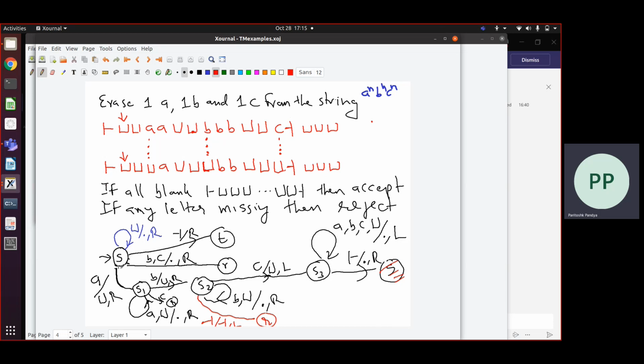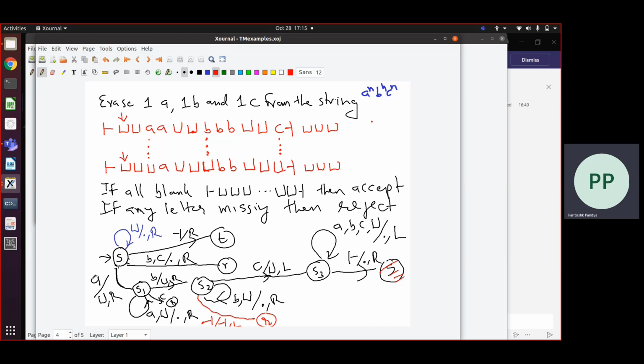So my Turing machine is like this. I will be in state S, and if I skip over all the blanks moving to the right, and my string only consists of blanks, which means I have erased an equal number of A's, B's and C's, then I go to the accept state. On the other hand, if this does not happen, if I directly find a B symbol without finding an A, skipping over some blanks, I hit a B, then an A is missing and I go to a reject state.